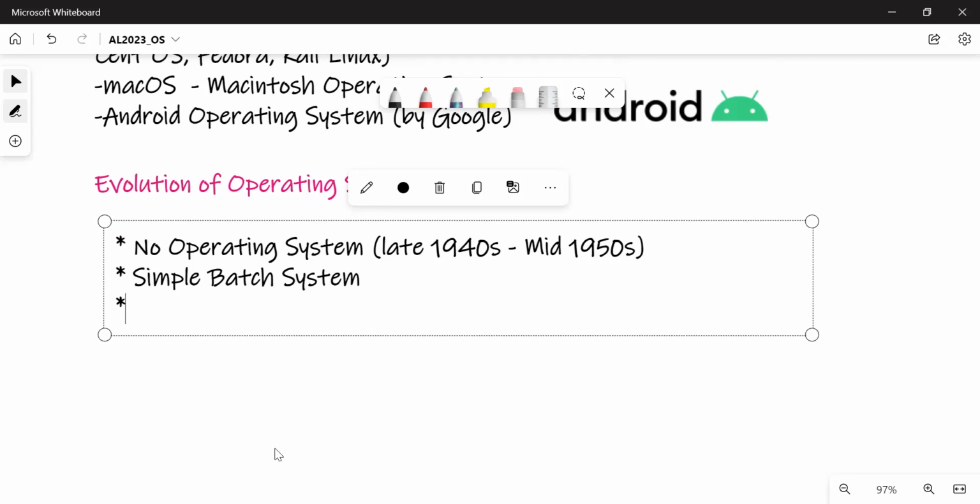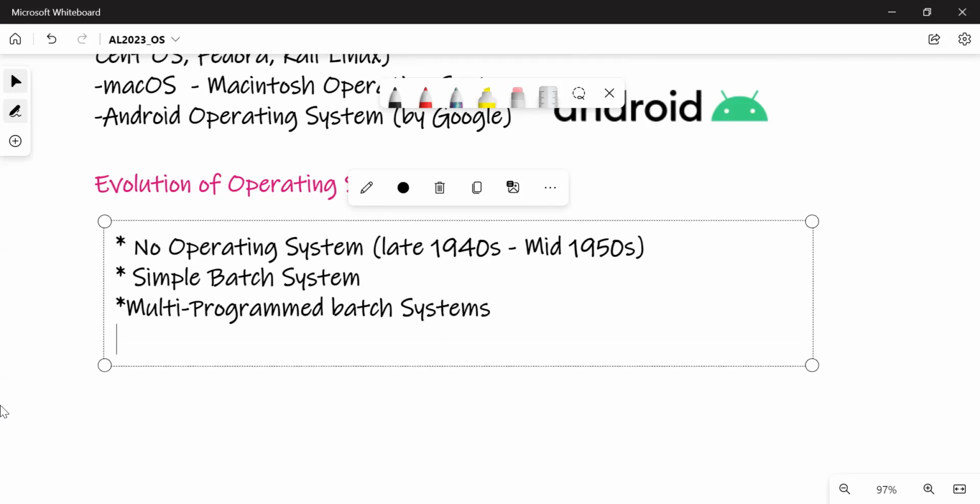Then multi-program batch system. These are different types of operating systems we had. And what we have right now is the time sharing system.